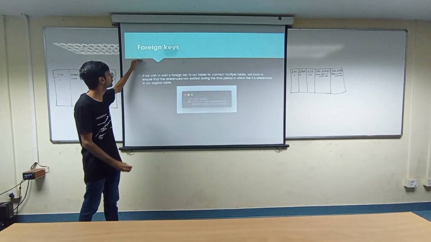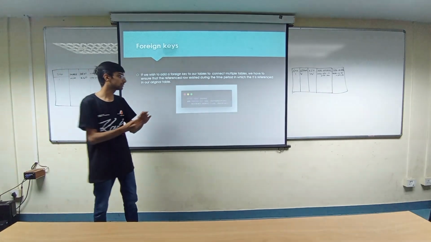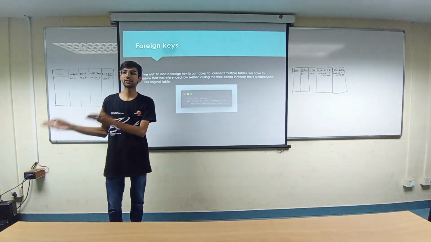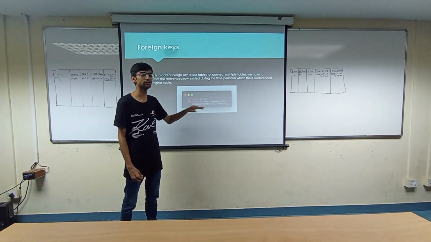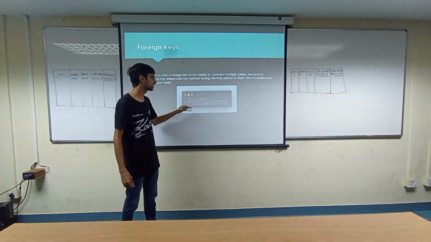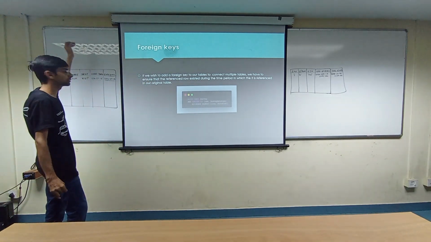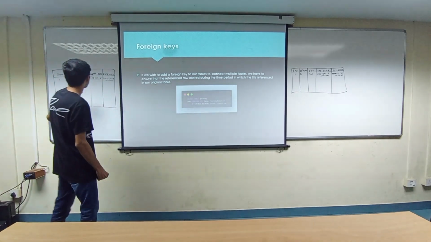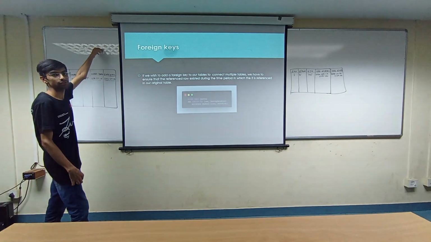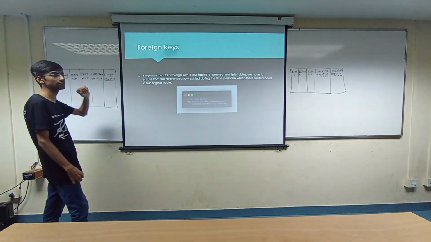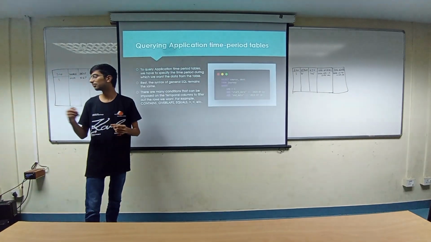Now let's have a look at the foreign key. If we wish to add a foreign key, we have to make sure that the key which we are referencing is valid during the time at which we are referring. For example, if I am referring to a column in, let's say, a train table which is valid from 20th of July, and if I refer to that, that won't be valid because my journey is from 15 to 19 and that train is valid from 20 onwards. So that won't be valid.